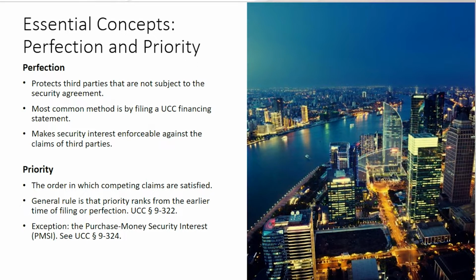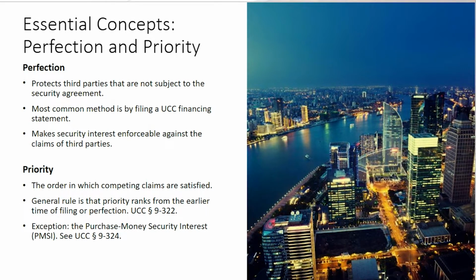And the key with perfection is that it makes the security enforceable against the claims of third parties. So by filing that document in the public record, you have made the world aware that you have a claim to the collateral that is listed in that security agreement. The UCC may list what some of the collateral is, but the security agreement really is what